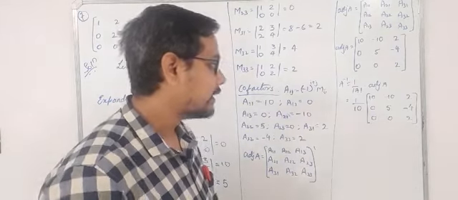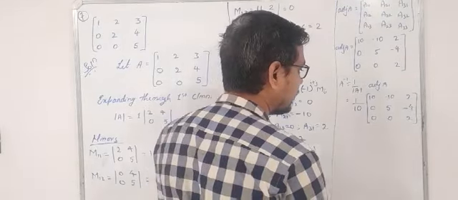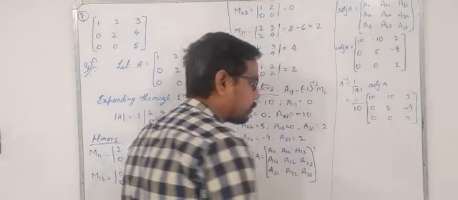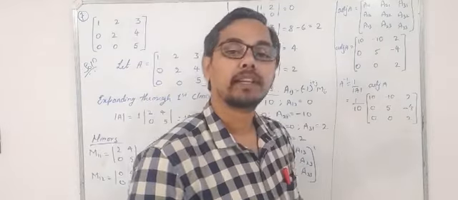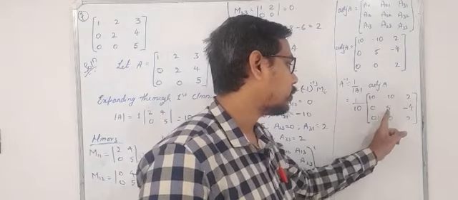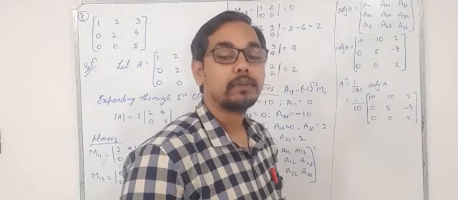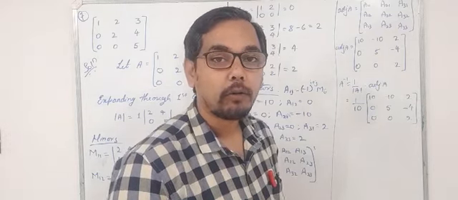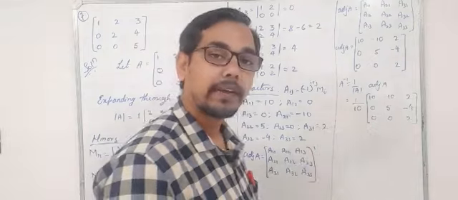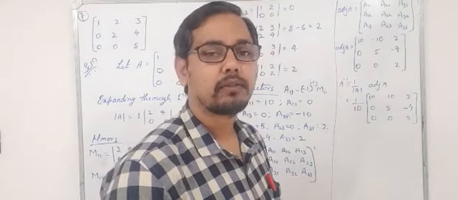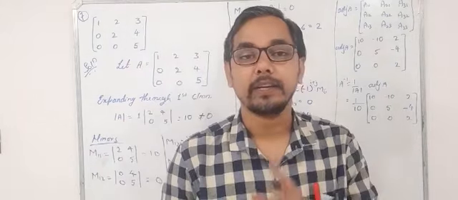Now we can still simplify it, right? So if I can take 2 outside, is it possible? No, it's not possible. Let it be as it is, right? But I can take 10 inside, it will get cancelled, then you will get fractions: 1, minus 1, 1 by 5, 0, 1 by 2, minus 2 by 5, 0, 0 and 1 by 5. So this is how we need to calculate the value of adjoint A, and with the help of adjoint A we can calculate A inverse as we have done here, right? So these things are very much clear, you are aware of this, right? Now pause the video and make a note of this. If you get any doubt, you can let me know.